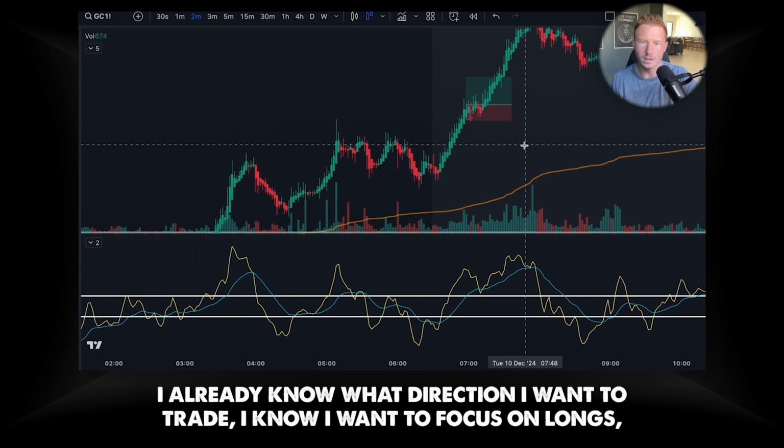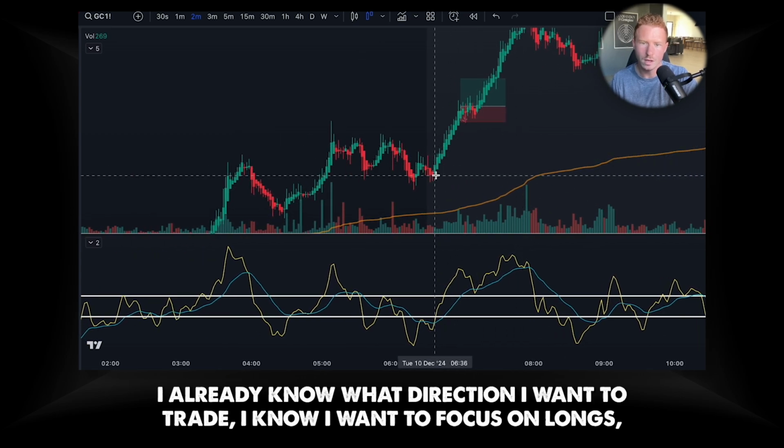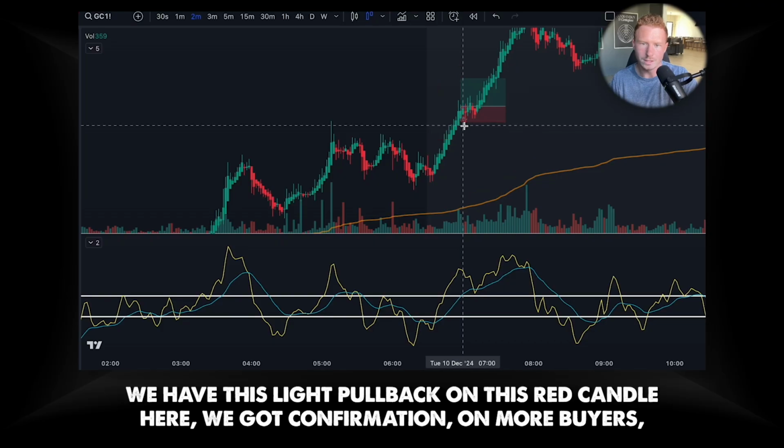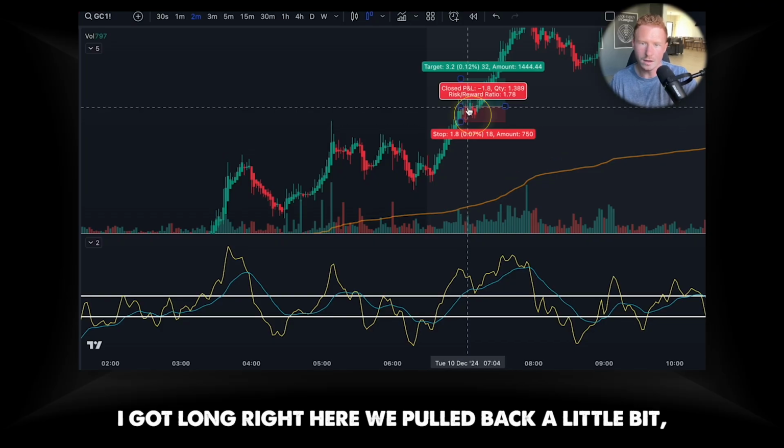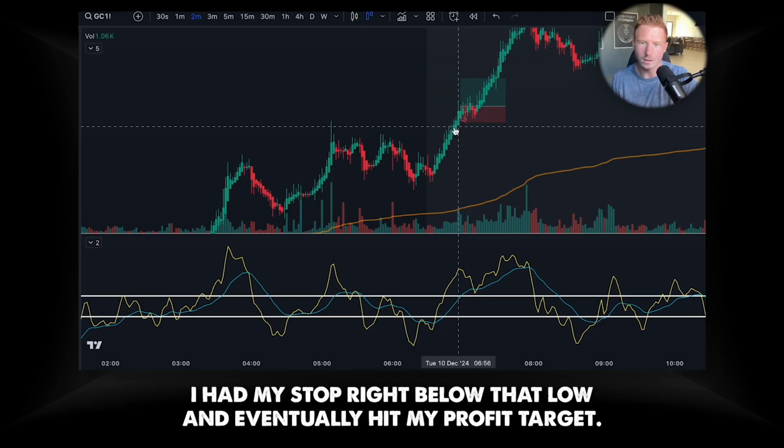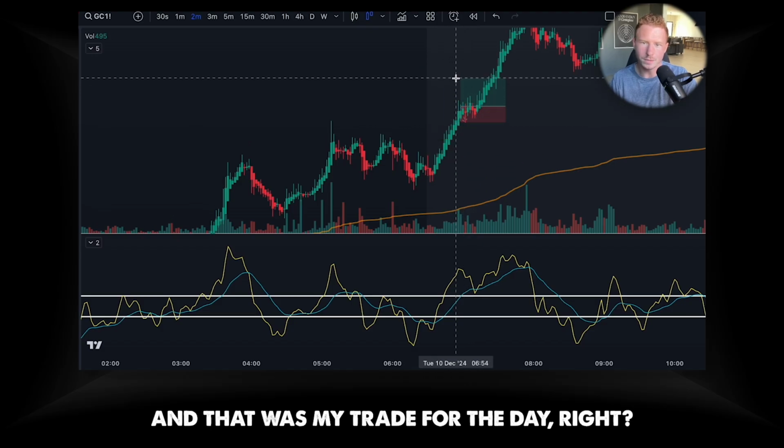I already know what direction I want to trade. I know I want to focus on longs. We got this aggressive move up. We have this light pullback on this red candle here. We got confirmation of more buyers. I got long right here. We pulled back a little bit. I had my stop right below that low and eventually hit my profit target, and that was my trade for